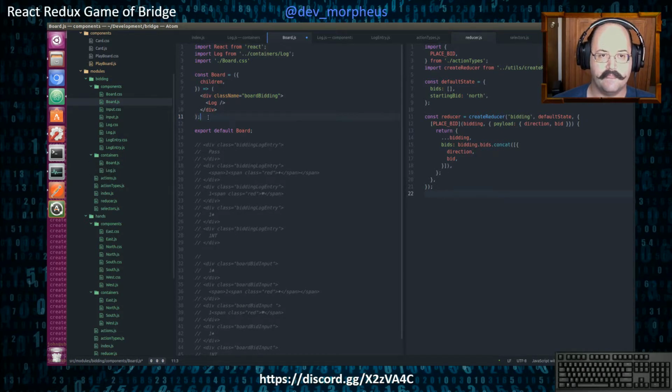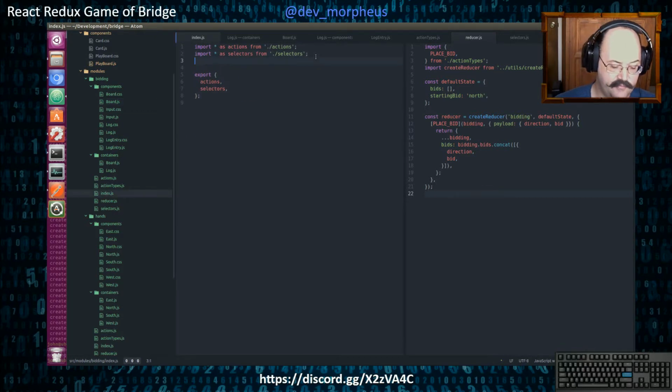Okay. Eventually we'll be importing the connected container board, but for now we're going to export this dumb version. The connected one will be able to do things like hide itself and show itself. For now it's always going to be up. Yeah. So import board from